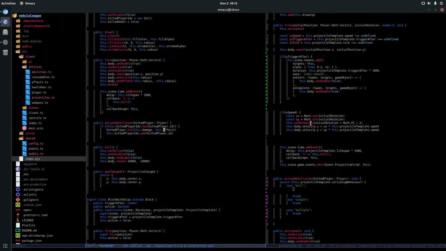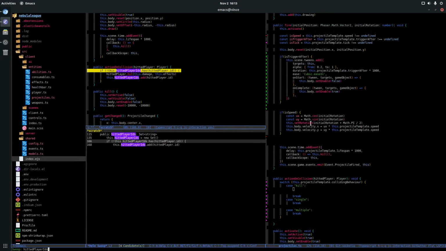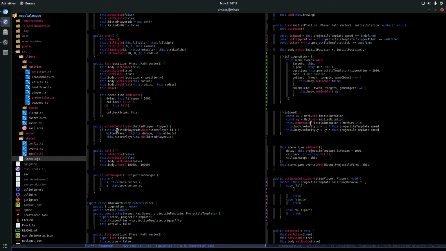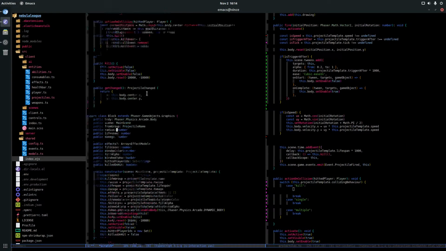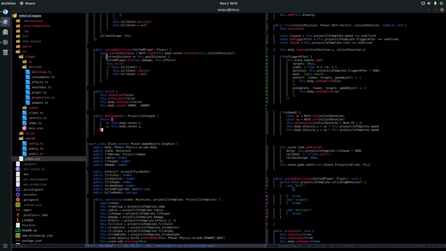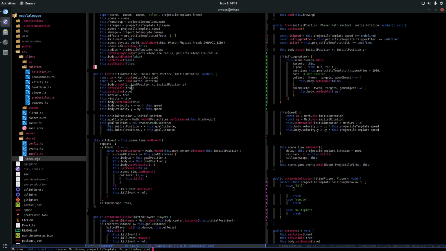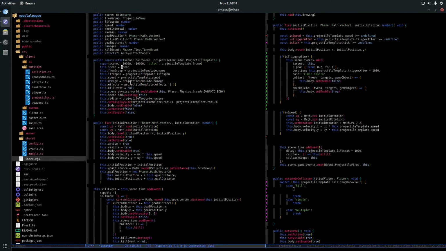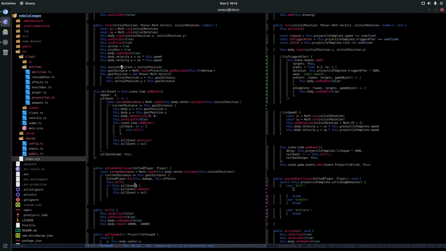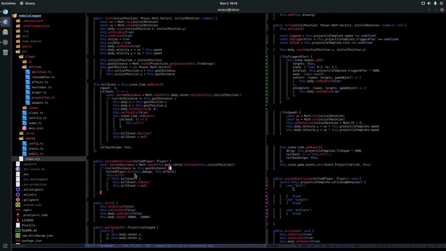Action on collision, so that's where I need to track this. I really need to track these things. Why am I doing something that complicated? Oh yeah, I changed that.